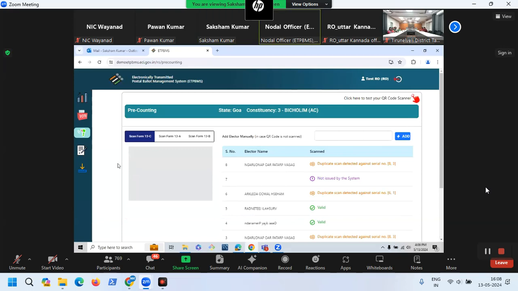Sir, just one thing. Now, this 7 number not issued by the system. So, will this number go there in the without scanning case? Arey, sir, please tell me what do you mean by scan and not scanned? No, not issued by the system. ये आपका 7वां नंबर जो है. Not issued. आप ये बताइए scan का मतलब क्या होता है और not scan का मतलब क्या होता है?